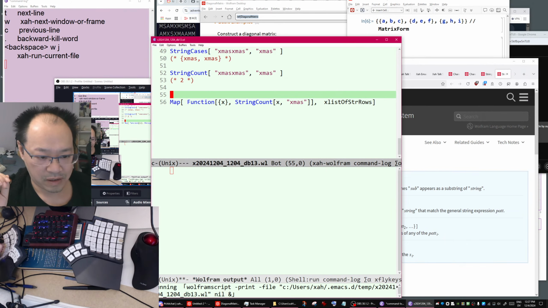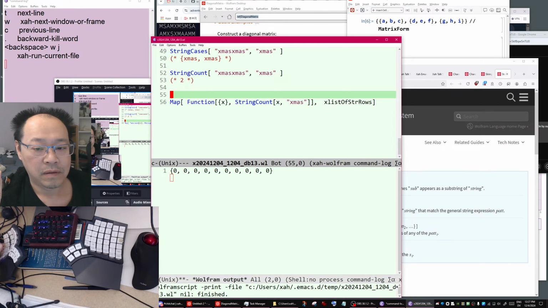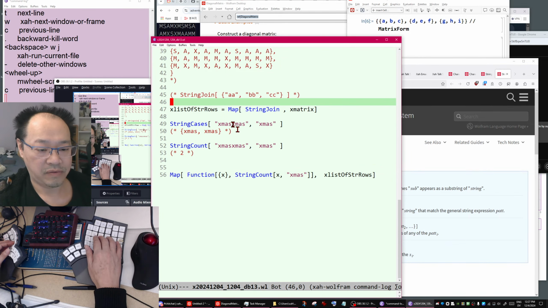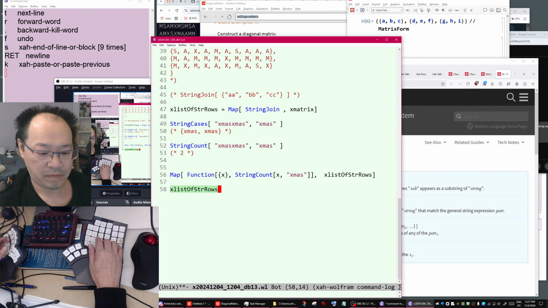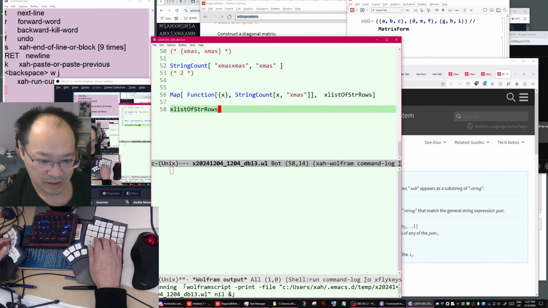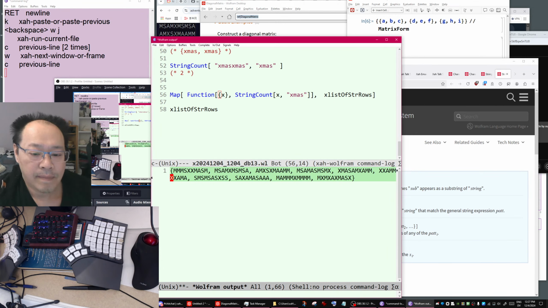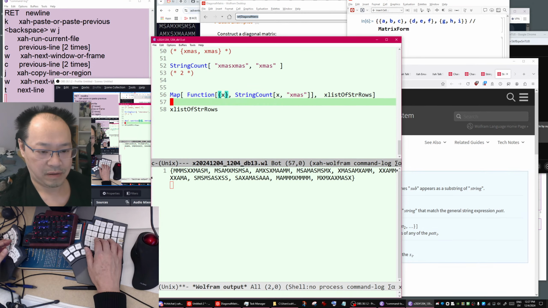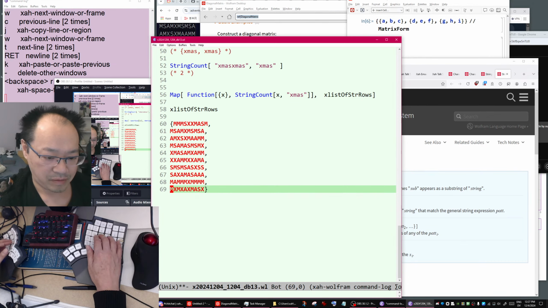Let's see what the output is. List of string rows. What is the value of that? Why is it 0? Okay, I don't know.